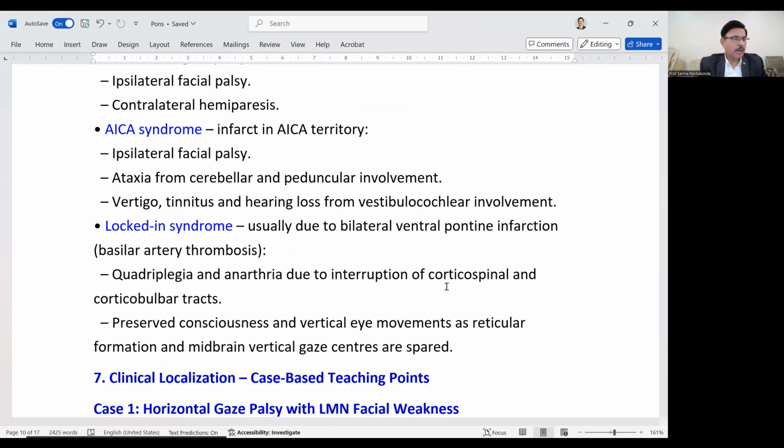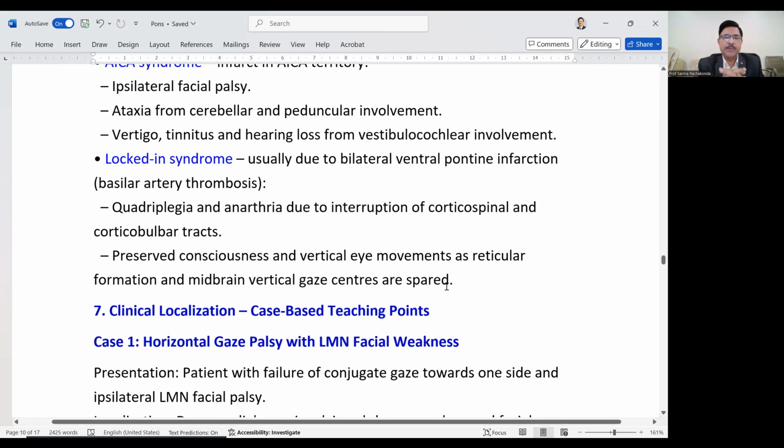Then you have the locked-in syndrome. What is locked-in syndrome? Usually due to bilateral ventral pontine infarction, also called basilar artery thrombus. The main basilar artery is occluded, the branches to both sides are affected, so there is a bilateral ventral pontine lesion. What will happen? Ventrally, what is there? Corticospinal tracts are there. So quadriplegia will be there, anarthria, inability to speak due to interruption of the corticospinal and corticobulbar fibers, and preserved